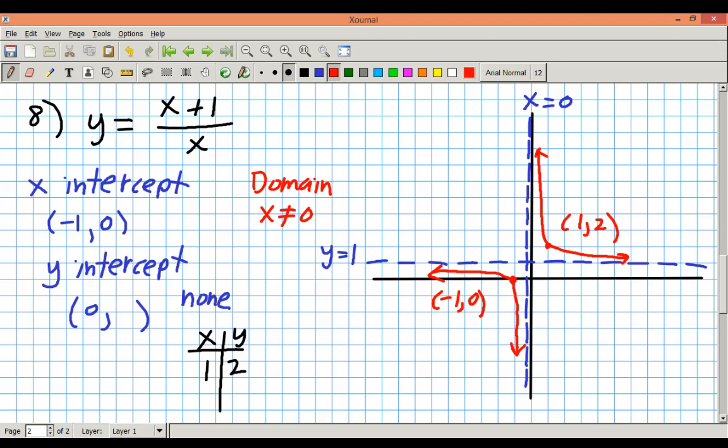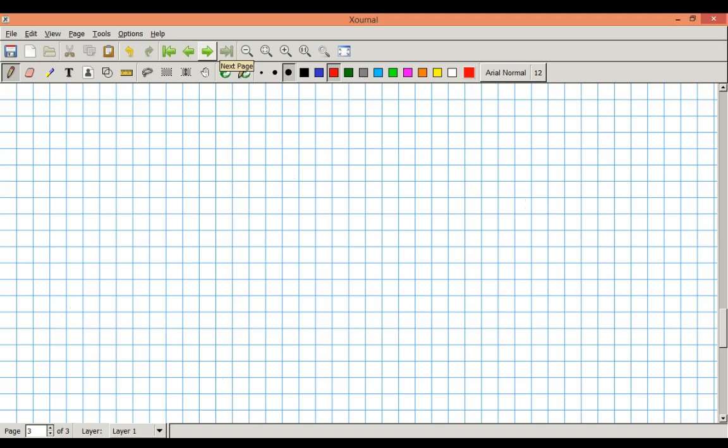Okay, last but certainly not least is the weirdest rational function that we will have graphed this year. So watch this one carefully. There's only one other on this version 3 that is similar. You can probably recognize it when you come to it. So that's number 1. So I'm going to write that as y is equal to x squared minus x